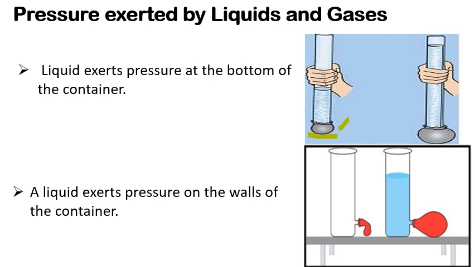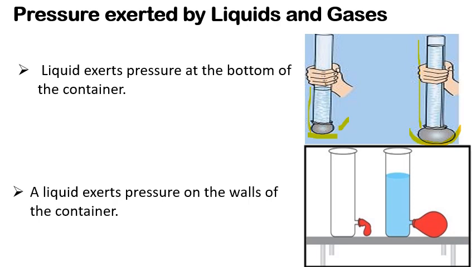Note also the height of the water column like this. Pour some more water. Observe again the bulge in the rubber sheet and the height of the water column in the pipe. Again, after adding some more water, you can see here we have increased the height of the water column. Based on that, the amount of bulge in the rubber sheet or rubber balloon is increased. Can you see any relation between the amount of bulge in the rubber sheet and the height of the water column in the pipe? Yes.